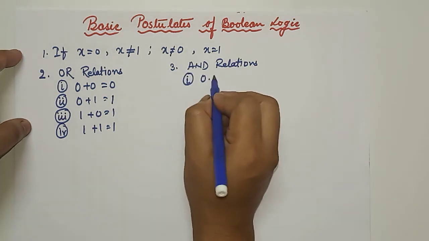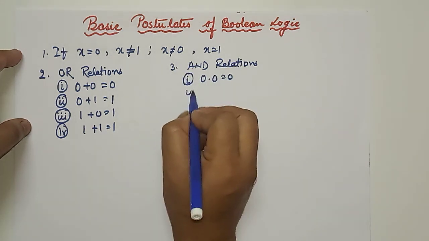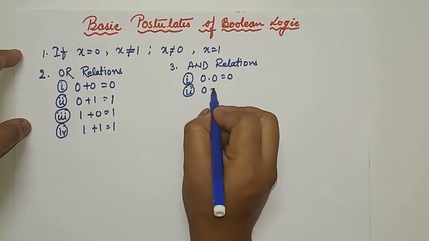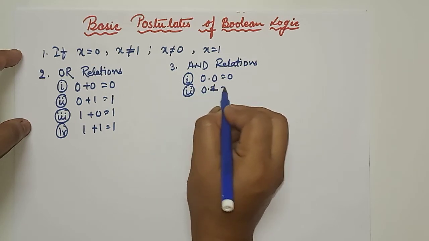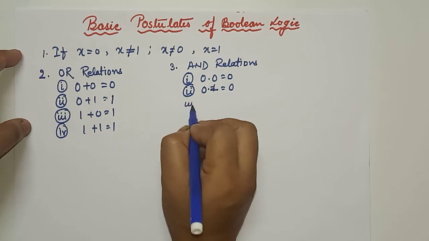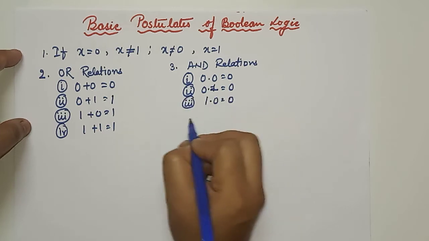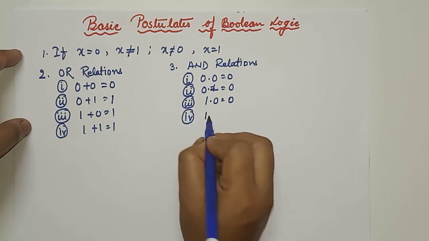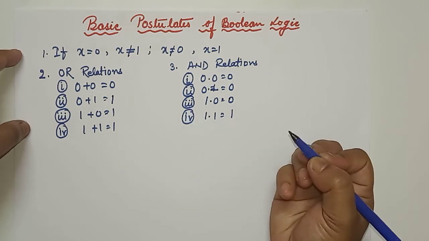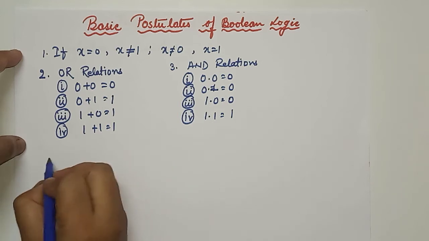Here 0 multiplied with 0, the result is 0. 0 multiplied with 1, the result is 0. 1 multiplied with 0, it is 0. 1 multiplied with 1, the result is 1. Okay. Fourth one,